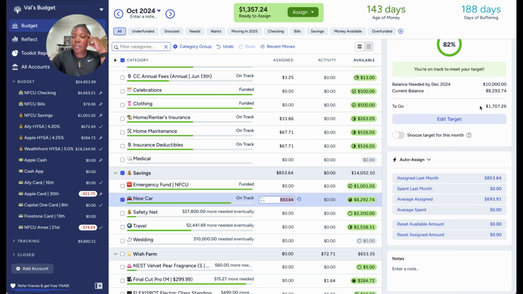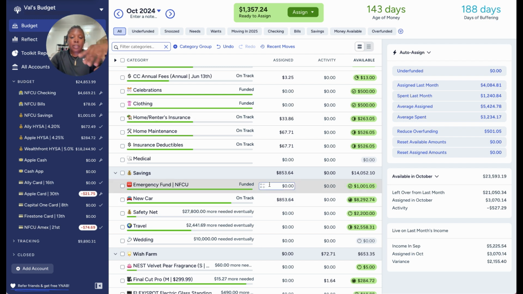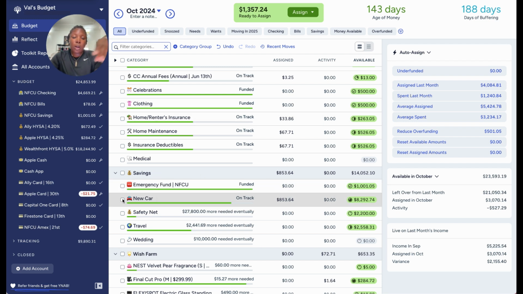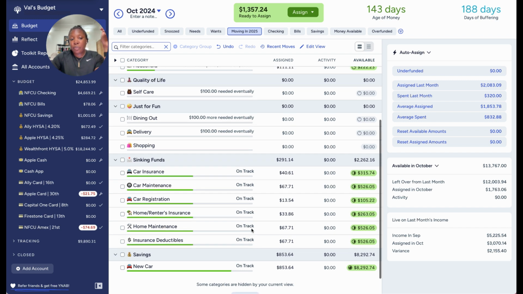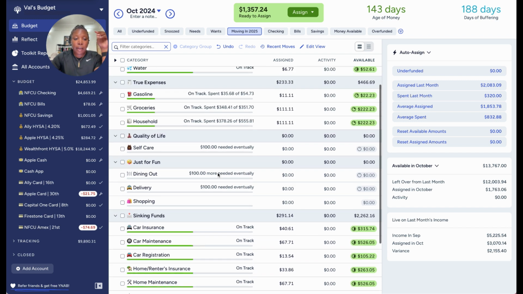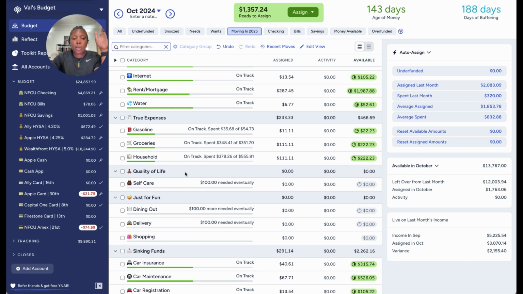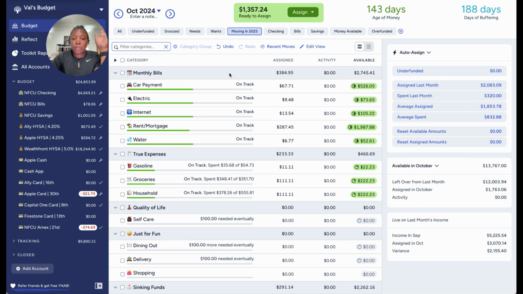So I have $1,700 left, and that'll be for November and December. And then I'll be done, and then I can save for the rest of my stuff. This new car is for after I move in 2025. So I have a view up here for moving in 2025 of what categories I want fully funded by the time I get ready to move. So I have sinking funds for everything. I have my just fund categories, quality of life, expenses, and bills that I want to have fully funded, because I want to have 2 months worth